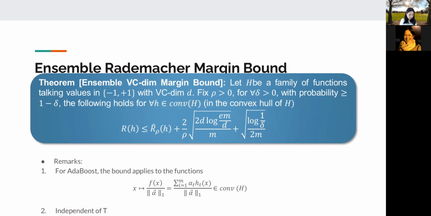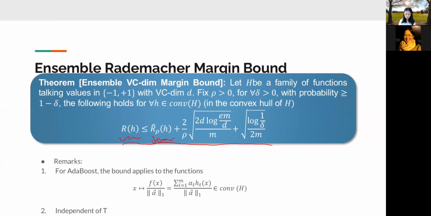So with high probability, this holds. So what is this? It means that the generalization gap, now it is not purely the generalization gap, but it's the gap between the true error and the empirical margin error. Okay, so this is the empirical margin error. As I already talked about in the previous slide, it is more strict than the traditional empirical error in the traditional sense,